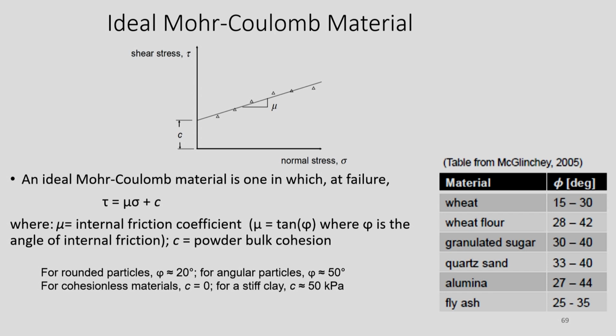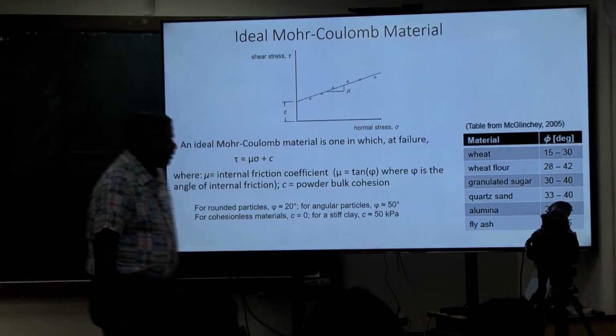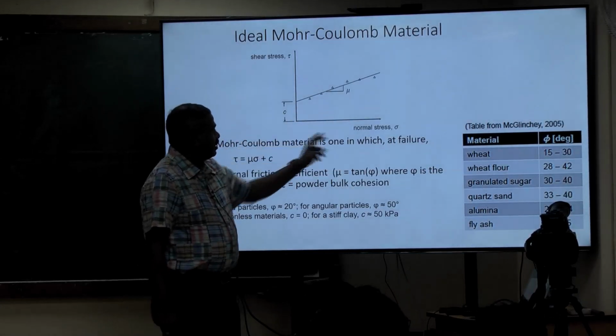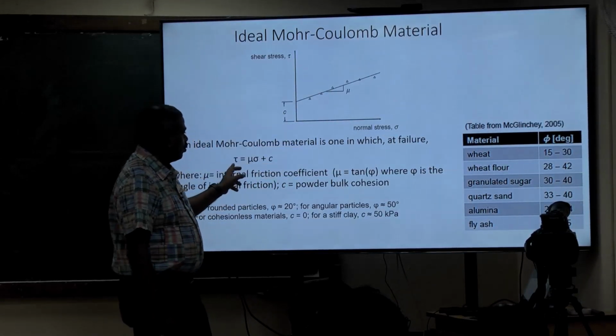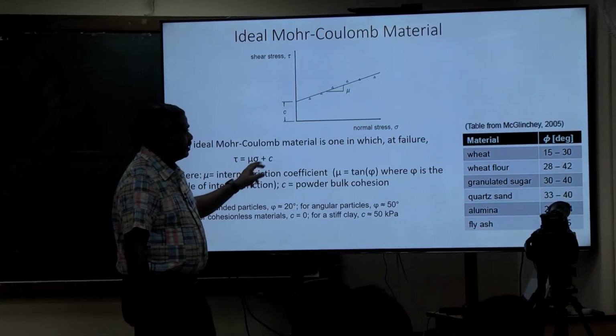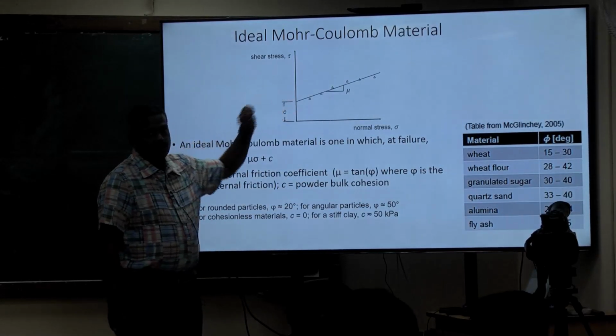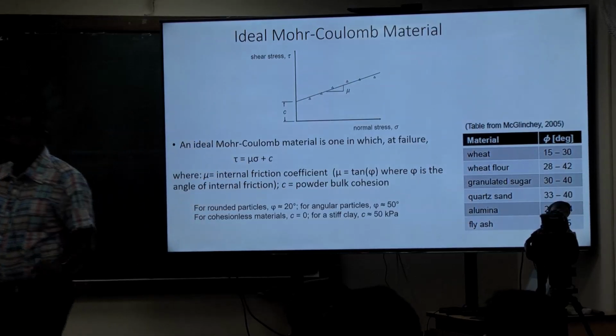That's the friction, the internal friction coefficient. So in the ideal Mohr-Coulomb law, the shear stress is related to the normal stress with an intercept of cohesion. That's one major assumption that we make